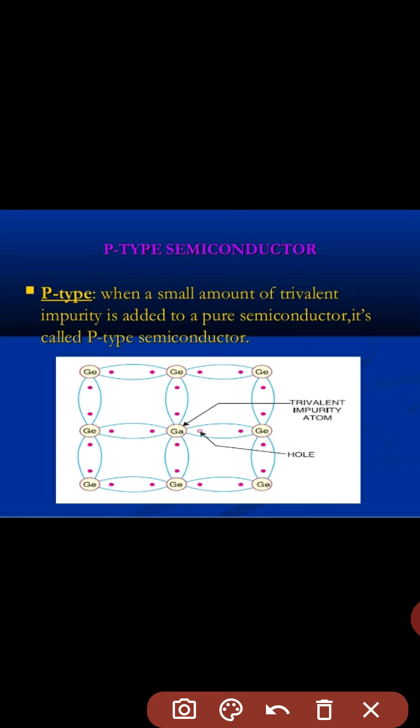The P-type semiconductor is the semiconductor which is formed by addition of trivalent impurities. The examples of trivalent impurities are aluminium, gallium and so on. When such impurities are added to the pure semiconductor, we get P-type semiconductor. The impurity atom is shown at the center of the structure in this figure. So the gallium atom is shown here. The gallium atom forms 3 covalent bonds, first one, second one and third one, with the 3 neighboring silicon or